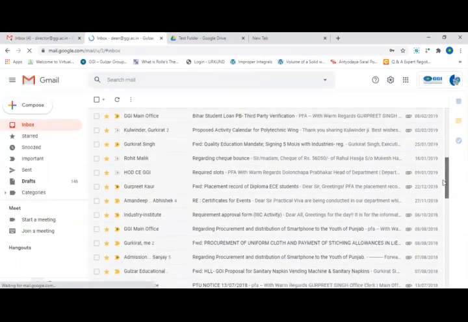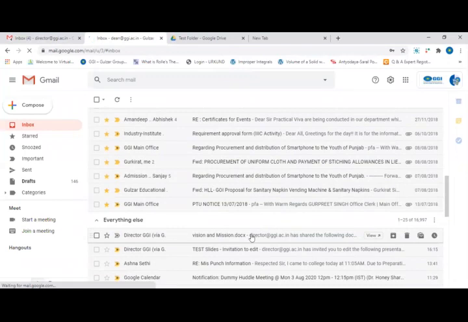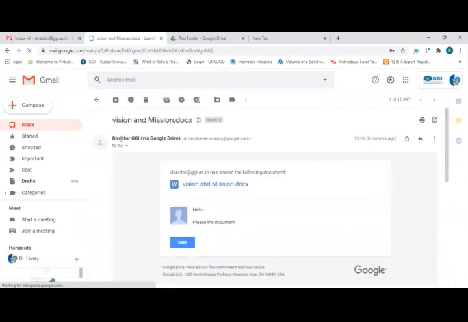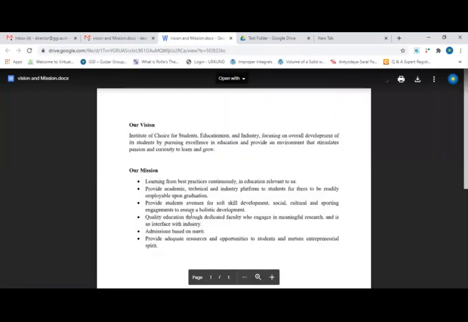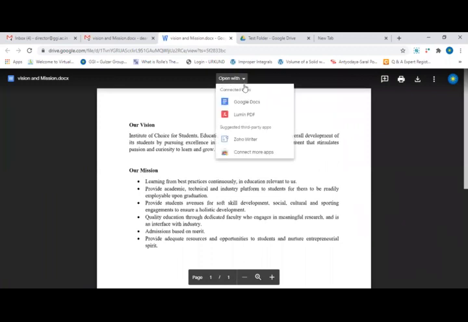And you can see I received a mail from the director mail ID, Vision Mission: hello, please find the document. If I open it, I will find the same document. Now I can open it, I can download it. Whatever I want to do, I can do it.